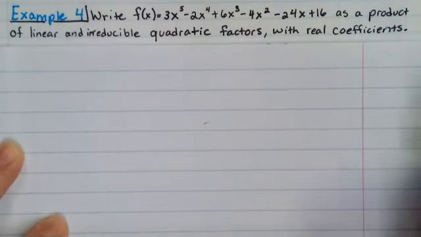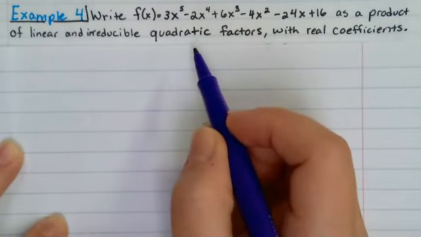Whenever you did the linear factorizations, you got all of the possible factorizations, including those that showed the imaginary or complex solutions. What this is asking for is they're saying that we want to write it as linear and irreducible quadratic factors, which is like